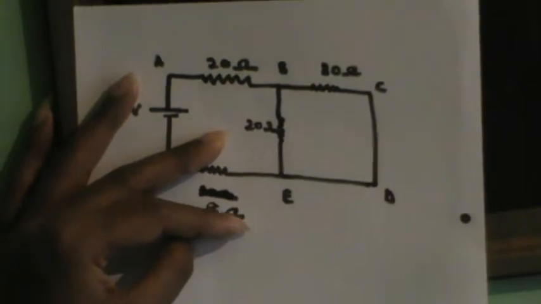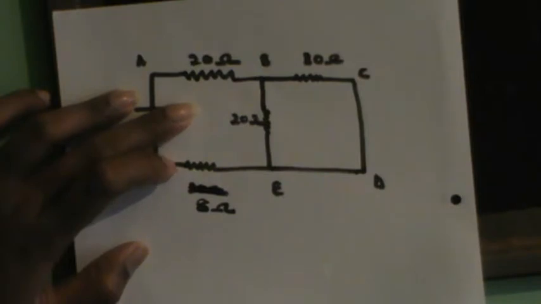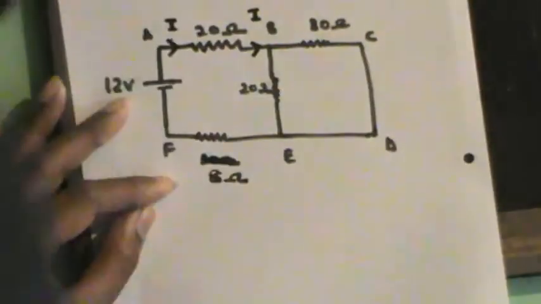Okay. So what I'll do here is, I can solve this in two ways. What I will do is, you know that I'll take a current I flowing through here, current I here, and when some current I comes here, I'll take the current that is going in this direction to be I1.